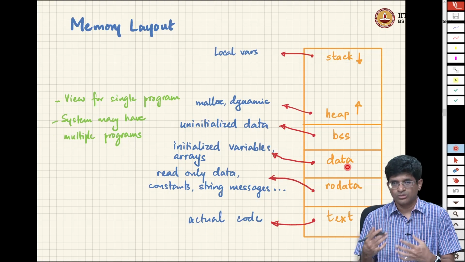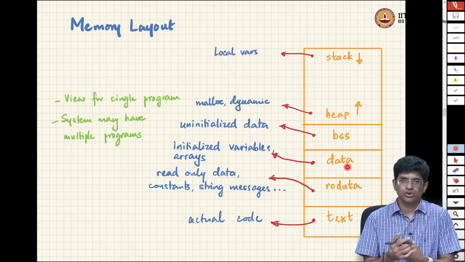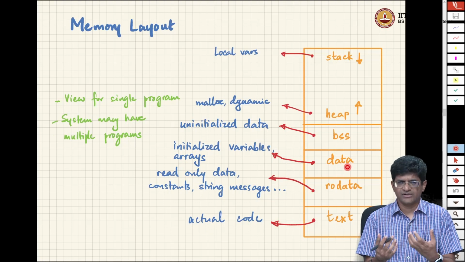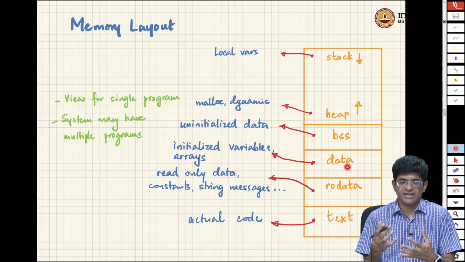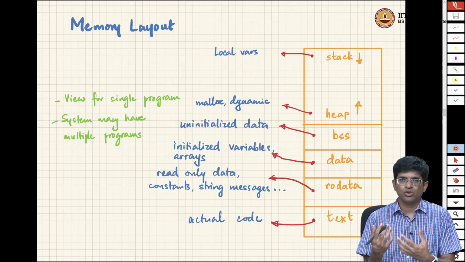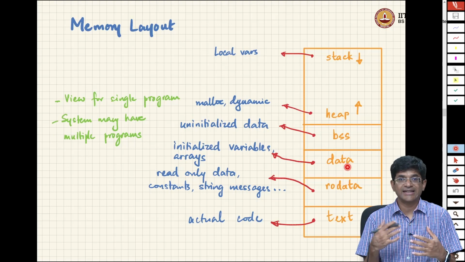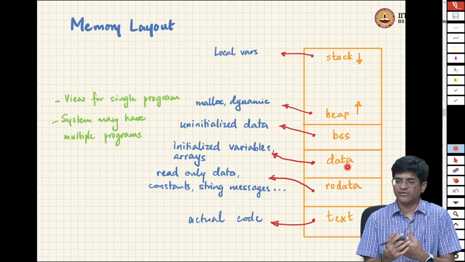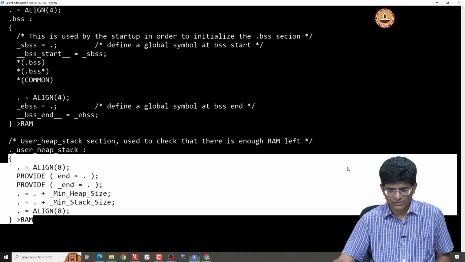Okay, so if you do encounter a linker script, and at some point as you go through embedded systems development, it is very likely that you will need to be able to interpret them and possibly modify them. This is what is being done by the linker script. It specifies the memory layout. The actual program called the linker then goes ahead and takes all of this and creates a final executable file which satisfies all of these conditions. As an example of that,